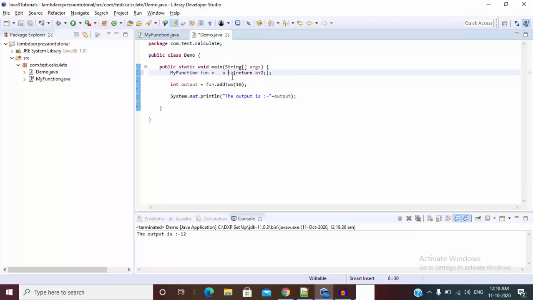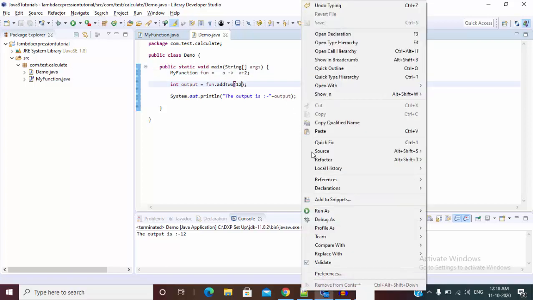And one more beautiful thing, if there is only one statement or single line statement, you can also remove the curly braces. And if you remove the curly braces and the statement is single line, you can also remove this return. So now as you can see, the Lambda expression is in the minimum mode.